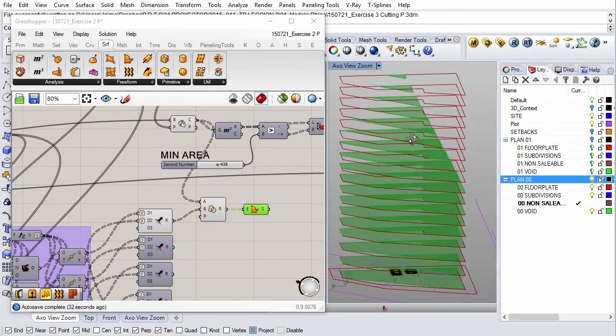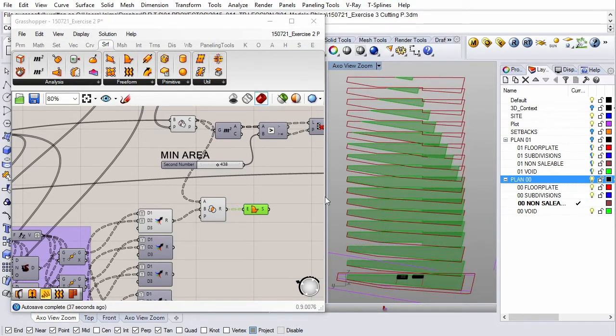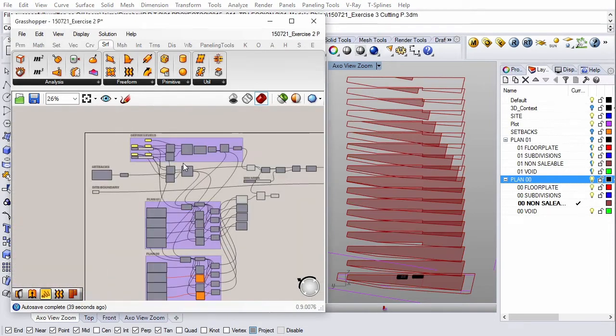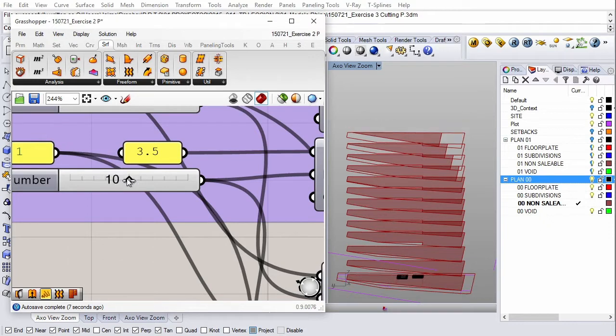So now we can decide which of these floor plates we want to keep. We probably want to reduce the number of residential floors because most of them aren't very useful if they're too small. So let's say 10 is okay.